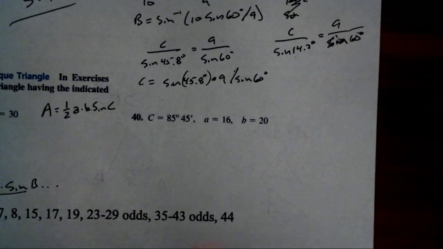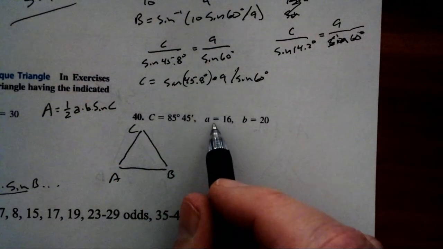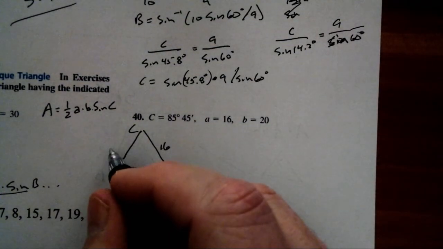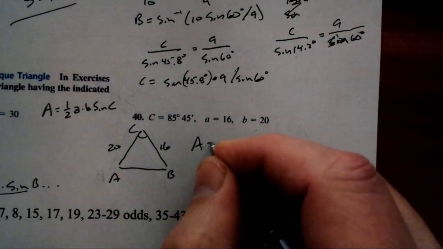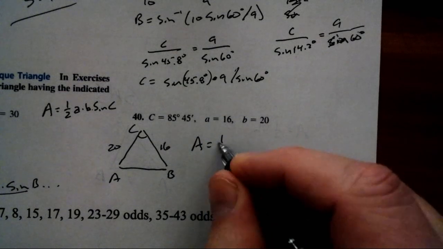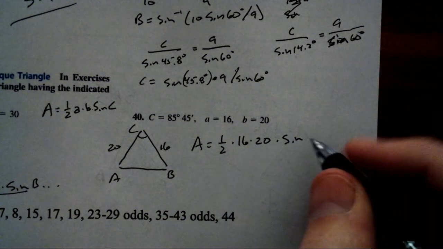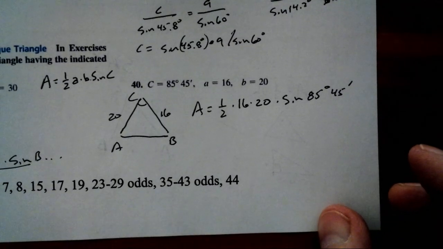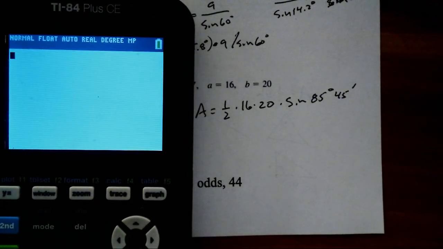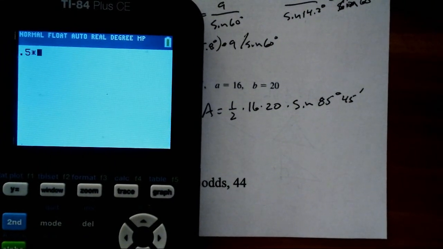And number 40, let's make sure we've got what we need. Maybe you can see it without the triangle. ABC. We've got side A, 16. We've got side B, 20. We've got angle C, side angle side, good news. So area is 1/2 times 16 times 20 times sine of 85 degrees 45 minutes. Just to review that, I'm going to go through the whole minutes thing with you. So 1/2 or 0.5 times 16 times 20 times